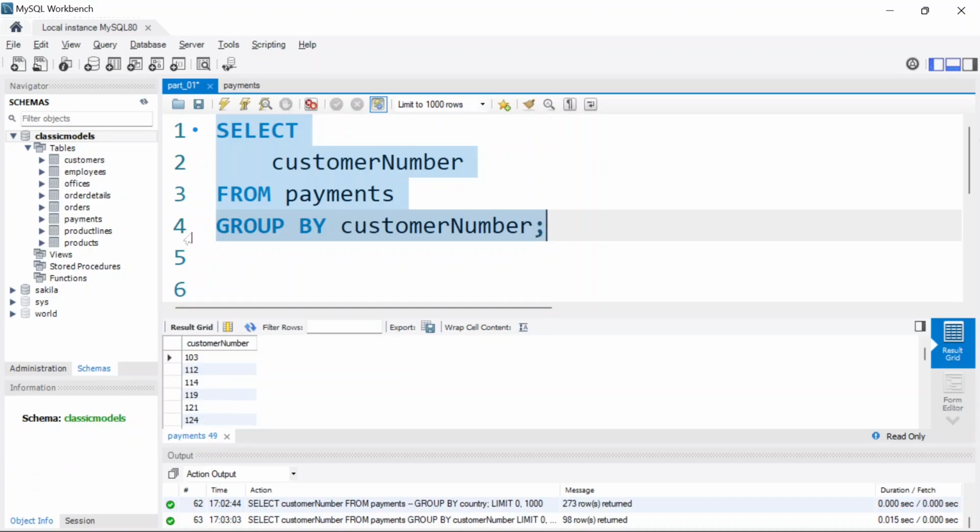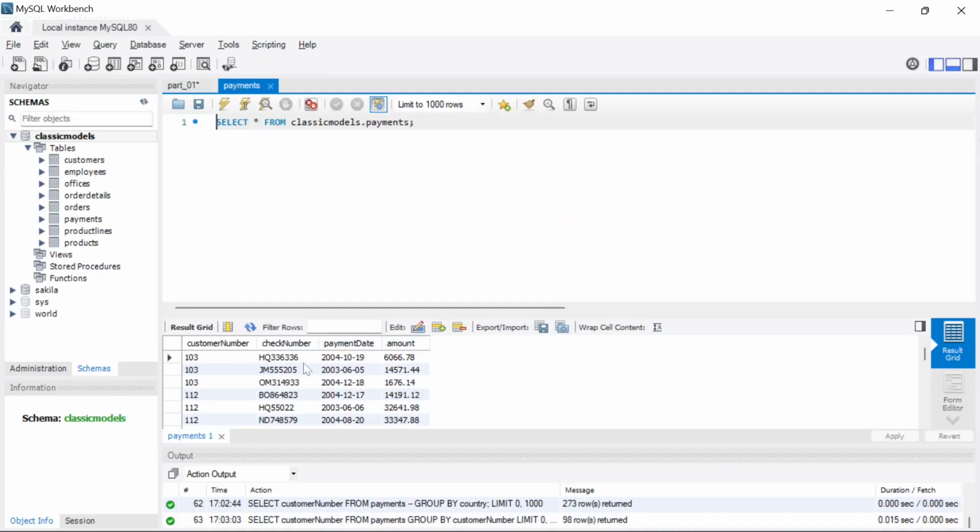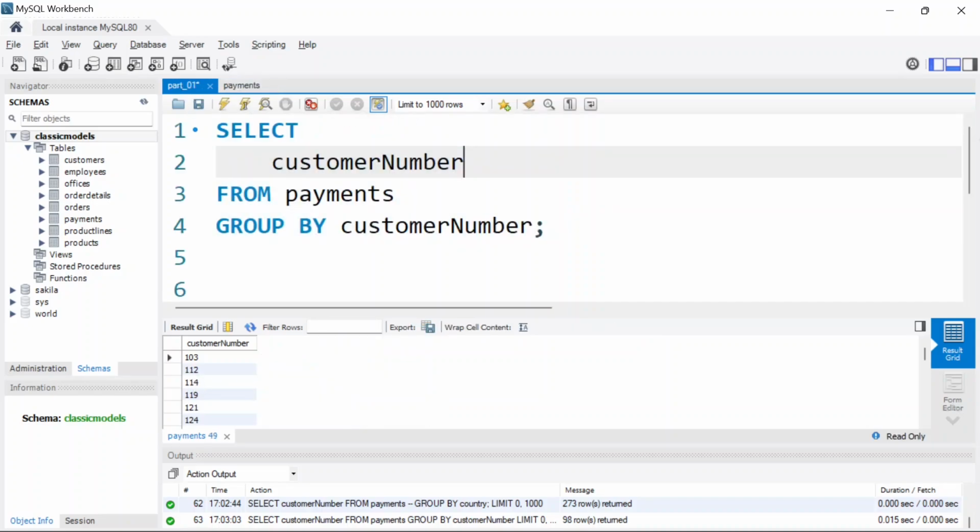If you group by the first customer number, which is 103, I want to get a sum of all the amounts that you have paid to the business. If I go here, you see the amounts. I want to get a sum of all these amounts, 1, 2, 3, made by customer 103. To do that, I can say I want the customer number, comma, and then the